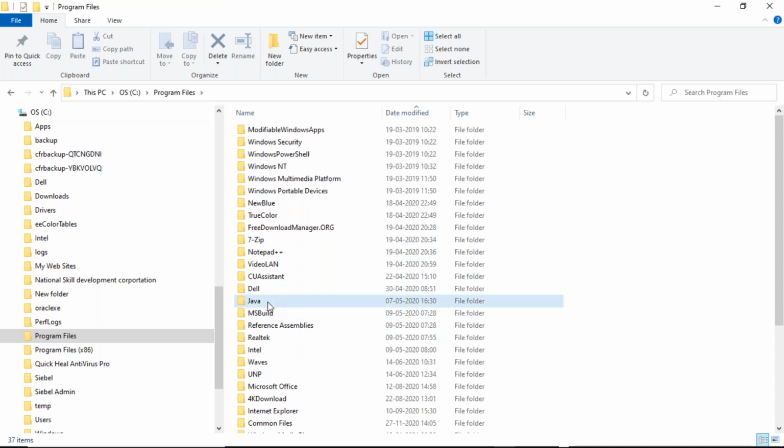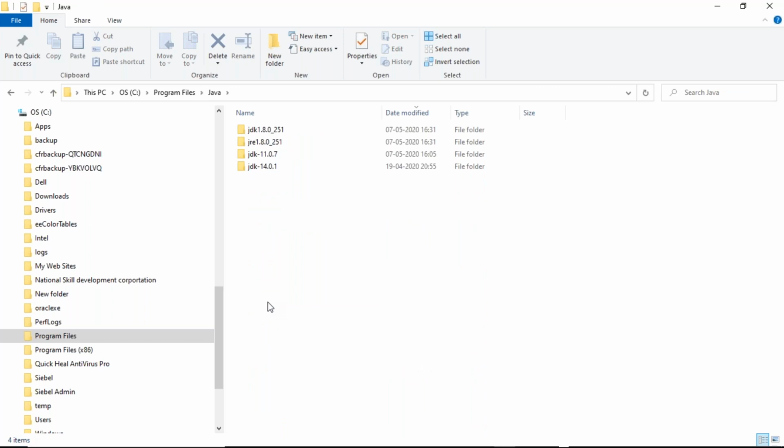Java. See, for Java 8, JDK and JRE are there. See, even for 11, he downloaded only JDK. For 14, he installed only JDK. Understand what he's saying, that something is missing. I said, right, to develop the scripts, JDK is required. To execute the scripts, JRE is required. I said that.